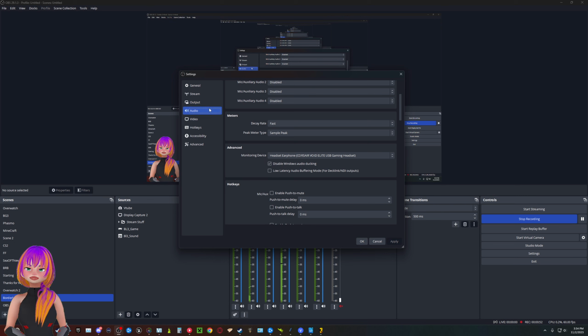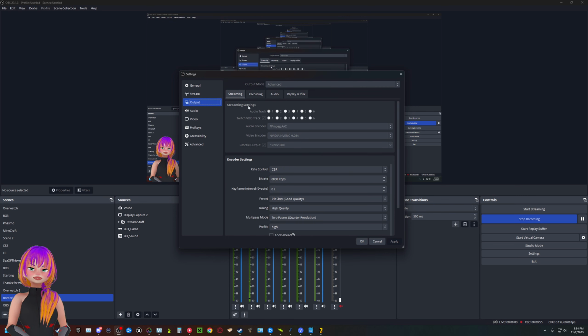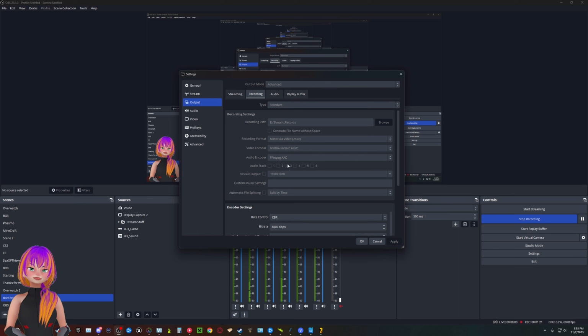Now, on output, what you want your live streams to hear, select the track. I always just use track 1. If you want different audio sources to be recorded and archived, select a different track, check it. I always just use track 3. Same with recording, track 3. This is grayed out because I am recording. And if we're not going to talk about hotkeys,